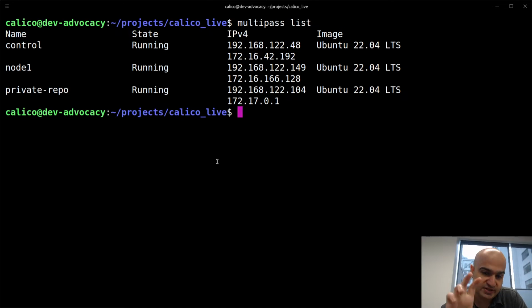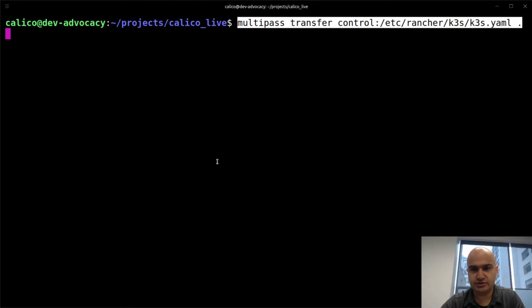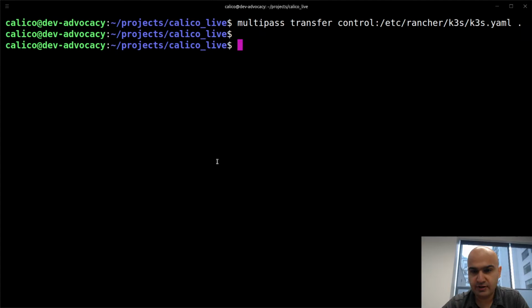So in this cluster, I'm going to show you what will happen if you lock down everything and even block HTTPS, and how you can actually pull it off by deploying your private repository. Again, I'm getting ahead of myself, so let's just transfer the key,